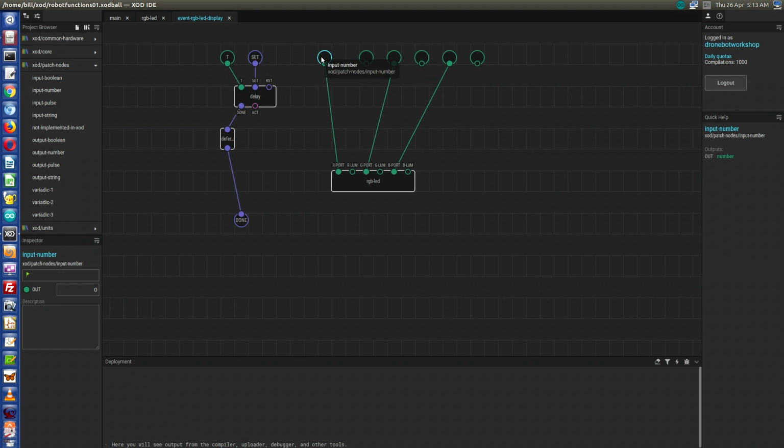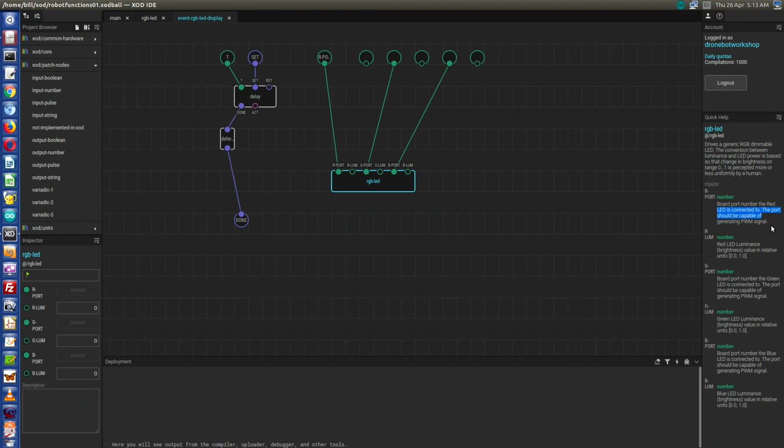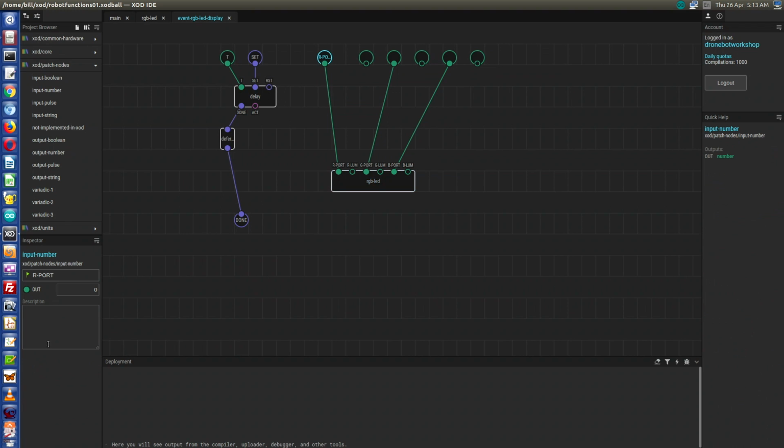Okay, so let's label these nodes. Now this is the R port, so I'm going to call it R. And once again, I'm going to go into the actual device itself and just copy the description here and place it into the description for the R port. I'm going to do the same thing for this, which is G port, and then for the last one, which will be B port. And the description will be basically the same, except it's going to be